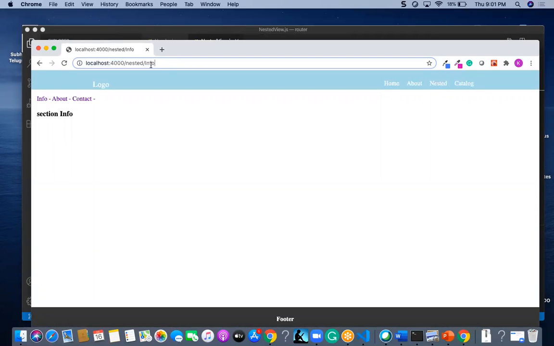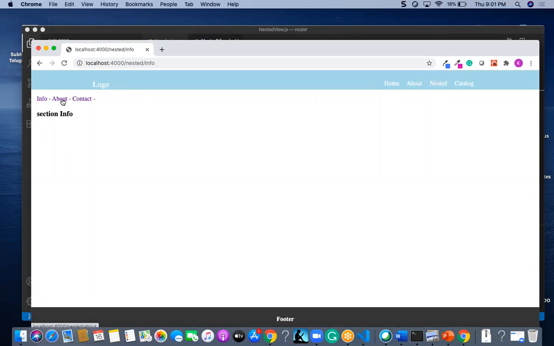Up to now, you saw only one level of routing, meaning either home or about or catalog or products. But here we are going to see a sub nested route, one more route of the particular page.